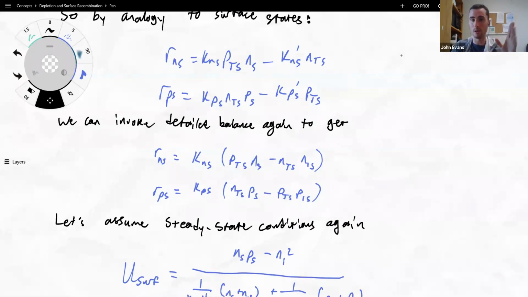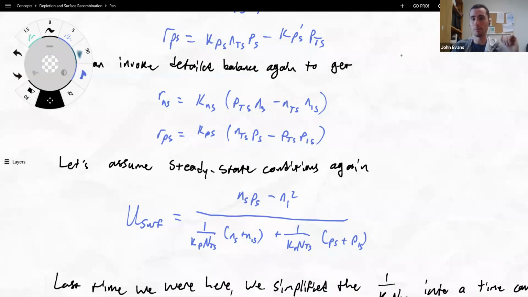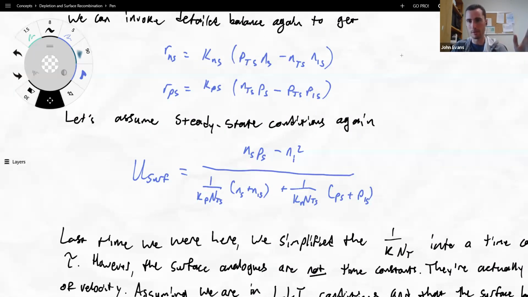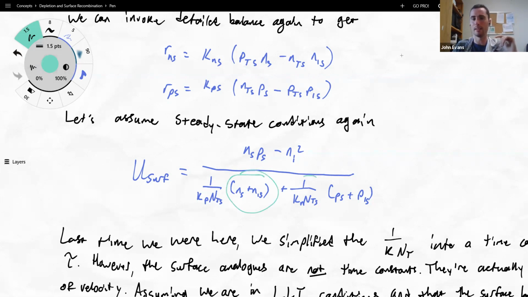We're going to get those N1s and all that. But again, we're going to do this specifically at the surface now. And we're again going to assume some steady state conditions. So again, we're skipping over all the math because we already kind of did it. And we're going to get to the surface recombination rate, which is given here. So it's N times P at the surface minus N sub I squared divided by 1 over the capture coefficient times the concentration of available states multiplied by this guy again, and